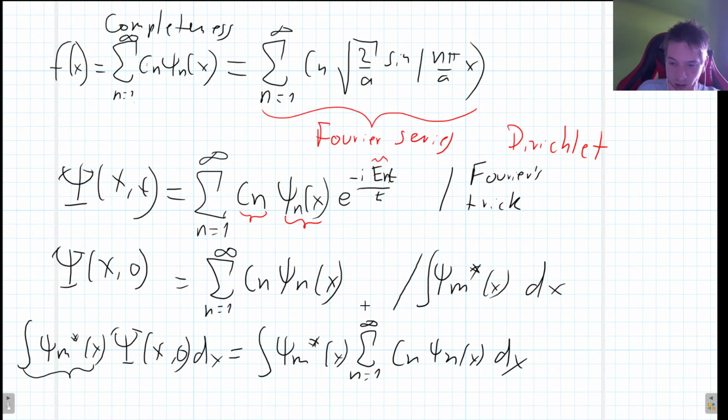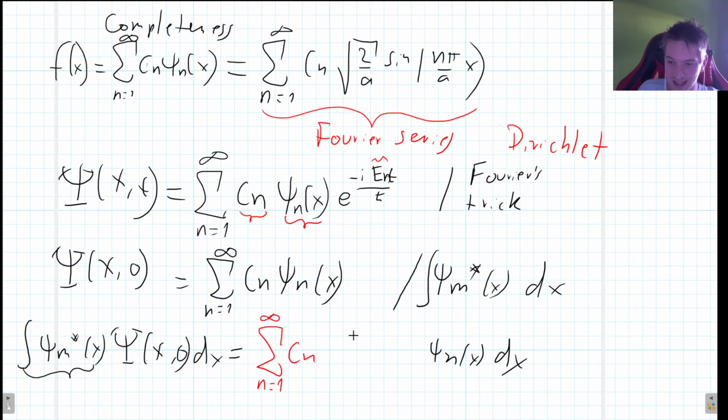But now let's take a look at this, because this sum right here and this Cn depend on n, not on x. And this psi right here depends on m, not on n. So what we can do now is reverse the order of these quantities. So we're going to get now the sum outside, n equals 1 to infinity of Cn, and now comes the integral